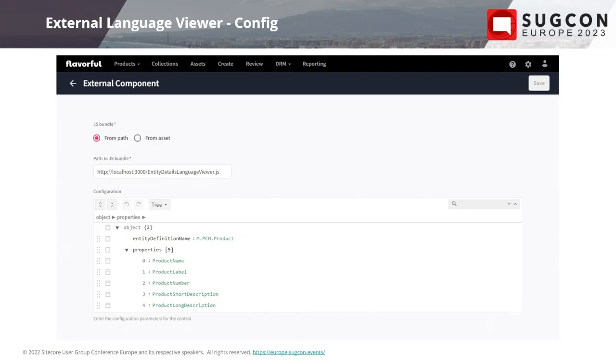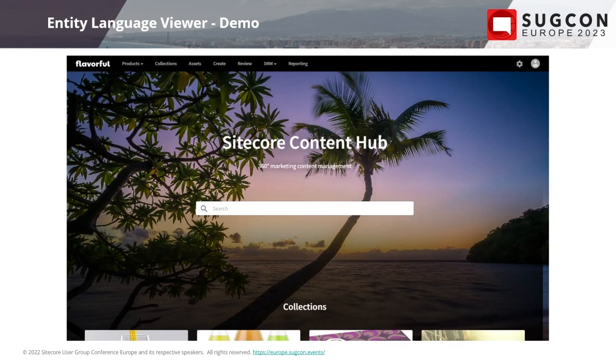And so the solution to this was to provide an external component that can show the values on the entity in a given culture, be that a reference point. And then we can just have a standard entity details component on the other side to do the persistence. I'm not going to show the code for this because it's a lot longer, but as I say, it's on that blog. So we've got some configuration here, and I'm just going to load up the video